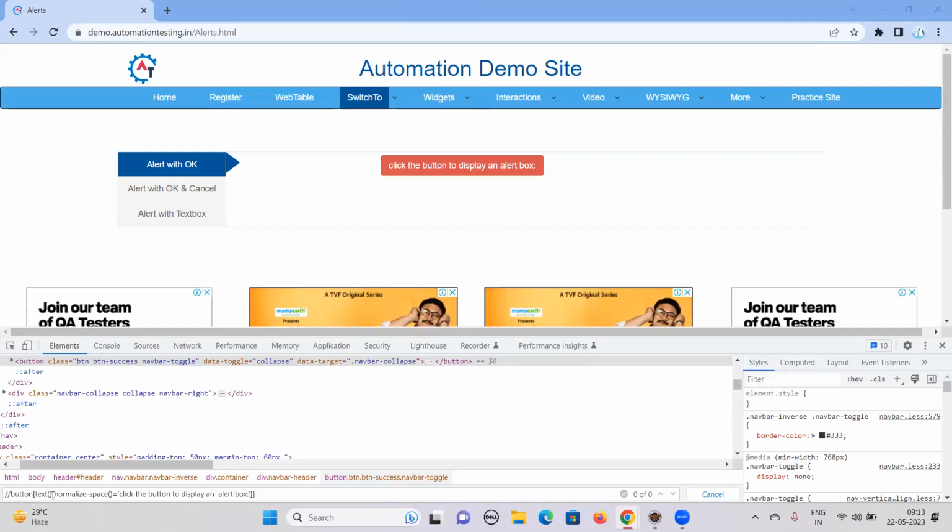Div text and we have normalize-space. We have this text and then I'm going to give